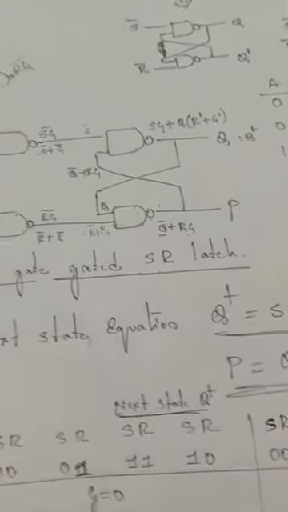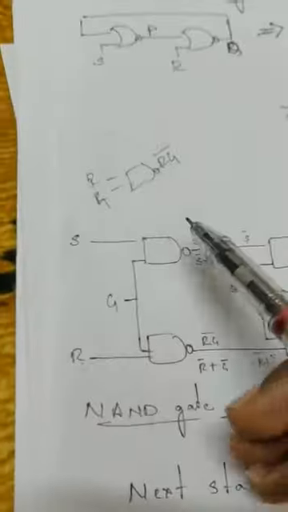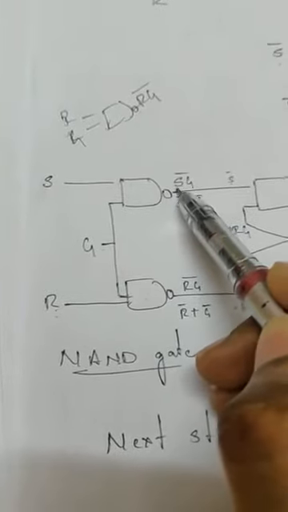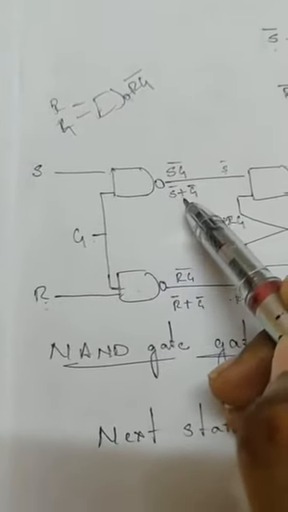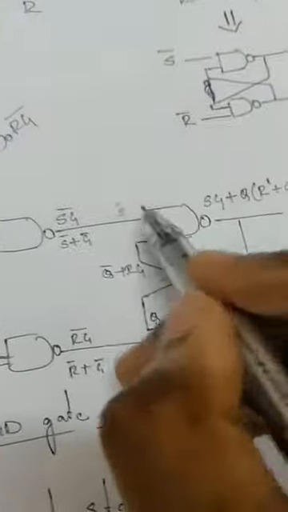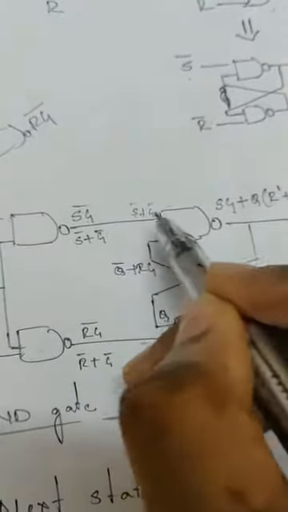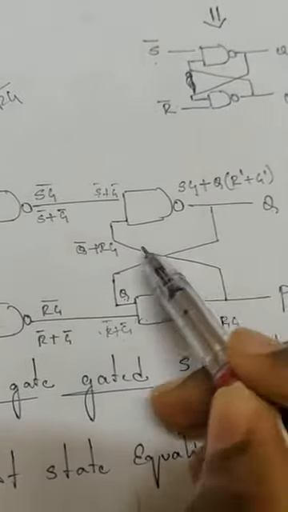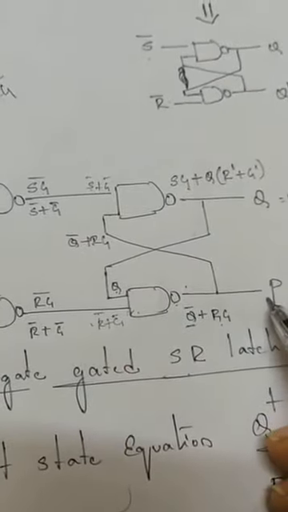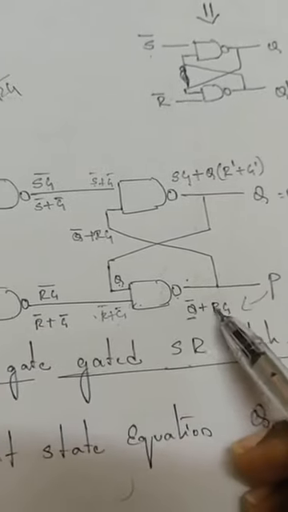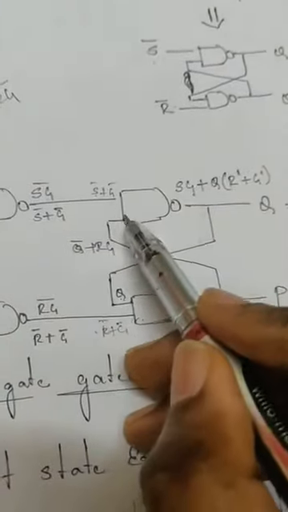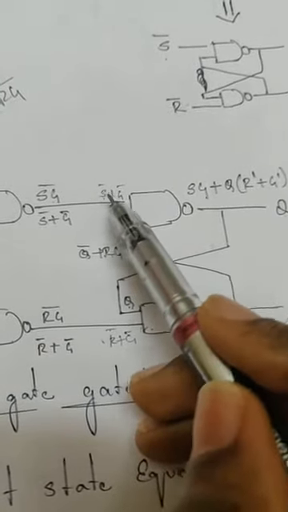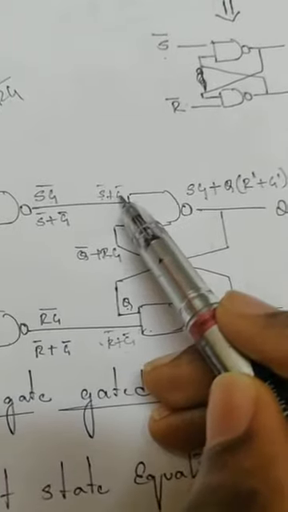One thing is over now. Okay, let me take above. S is one input, G is one input. The output of this NAND gate will be Sg whole bar, which can also be written as S bar plus G bar. So the input for this NAND gate will be S bar plus G bar, and another input is from P. So what is P here? P is nothing but Q bar plus Rg. So this Q bar plus Rg will be passed as an input here. Q bar plus Rg is one input for this NAND gate, and another input is S bar plus G bar.